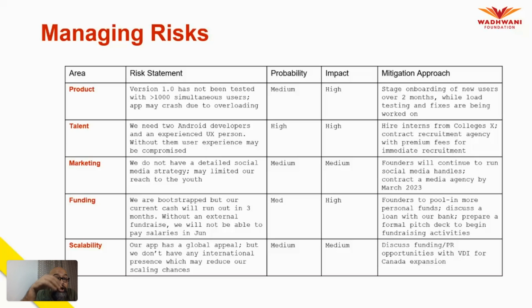All right. So you need to figure out, and I'm going to leave it at that, that of course there'll be risks, but how do you mitigate them? That is important. And when you have a risk, always look at what is the probability of the risk occurring and what is the impact of that risk. All right. Is it as high as the organization shutting down? Founders agreement. Probability? Low. Impact?